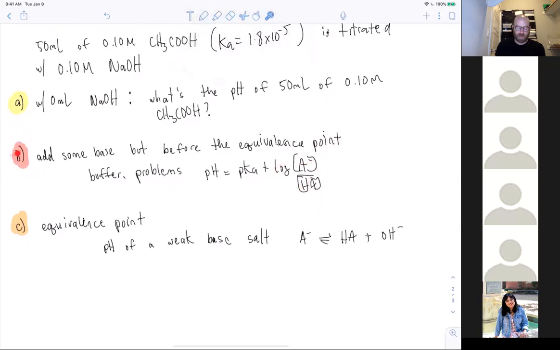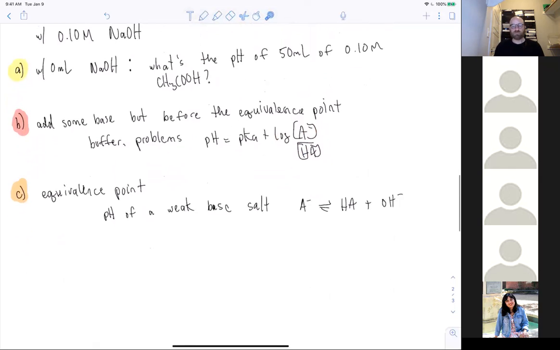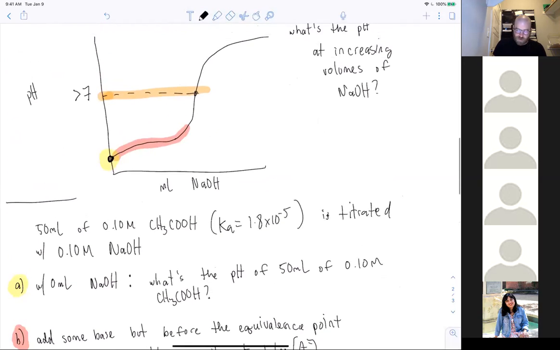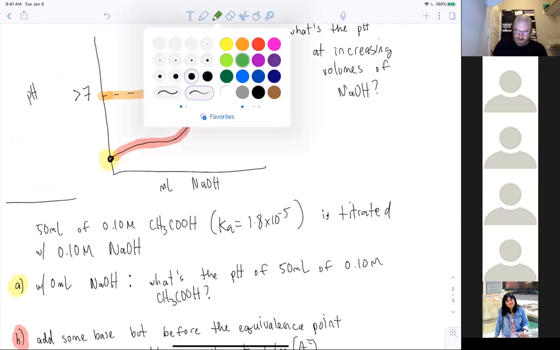The way I know to use this is that I have some of the weak acid, but I also have some of its conjugate base left, so I know I have a buffer there. We'll come back and look at that. I won't be able to work through every single one of these, but we can look at some of them before the end. And then once you get past the equivalence point,